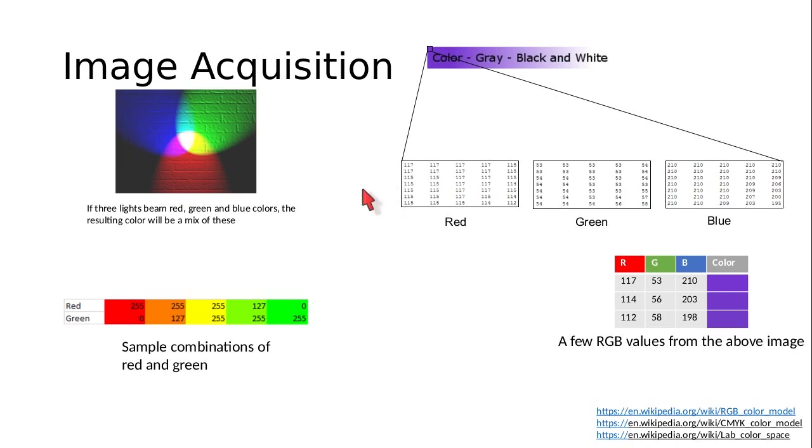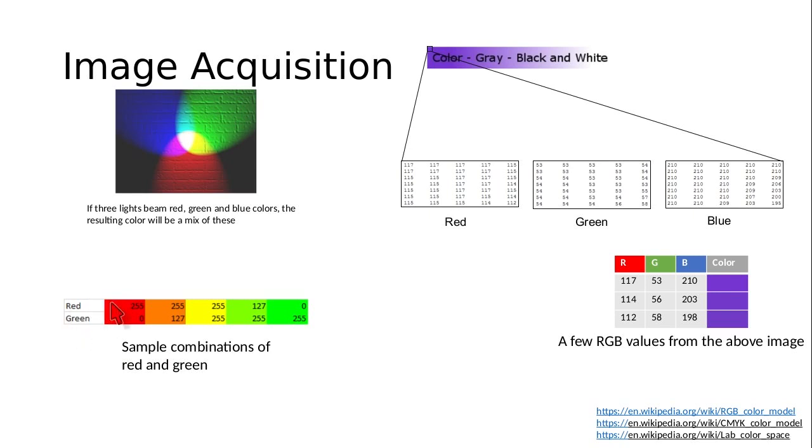So again, you can understand this better if you take a white colored wall and you lay out 3 beams of light. You overlap 3 beams of light of different color on it. So there is green colored light, there is blue colored light and there is red colored light. As different intensities of the red, green and blue colored light combine, you get different colors. So for instance, when red and green color are combined, you get yellow. When red and blue is combined, you get shades of purple. And when you have more of red and blue, you get violet color. And when all 3 colors mix up, you get white. Right? So you can see that here also.